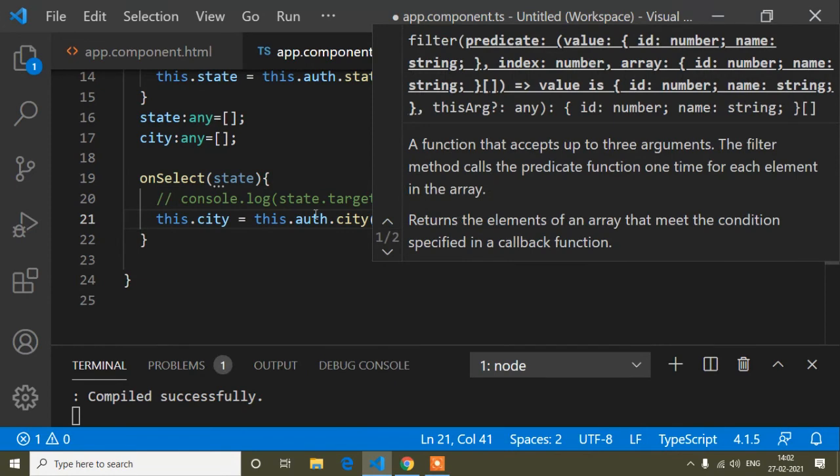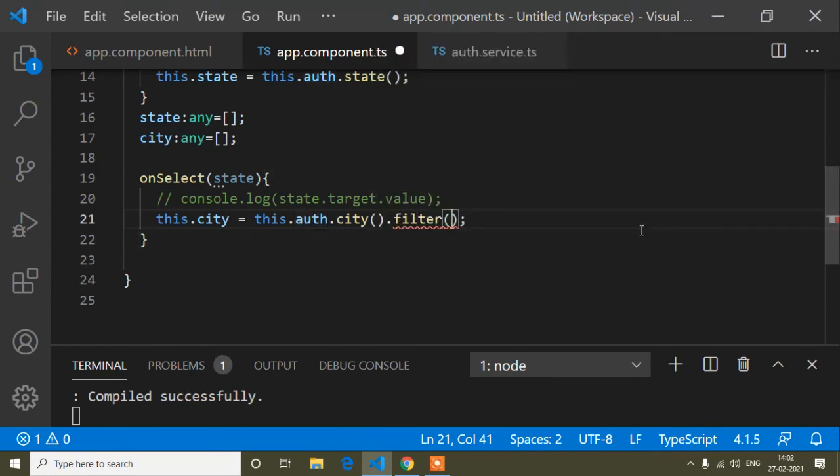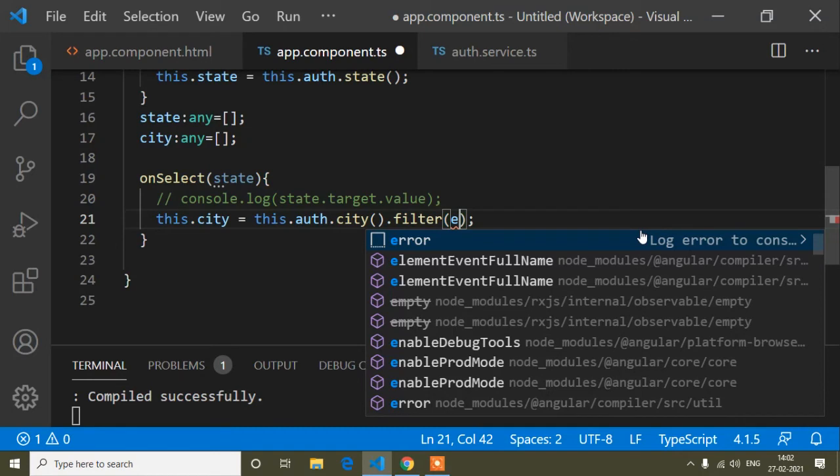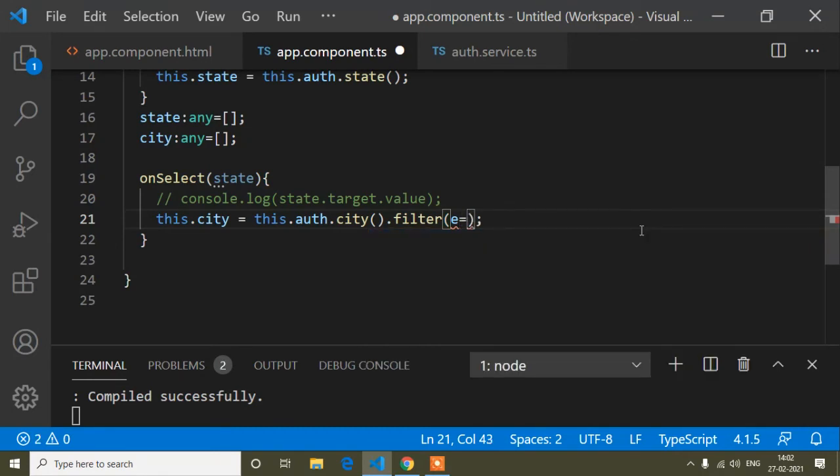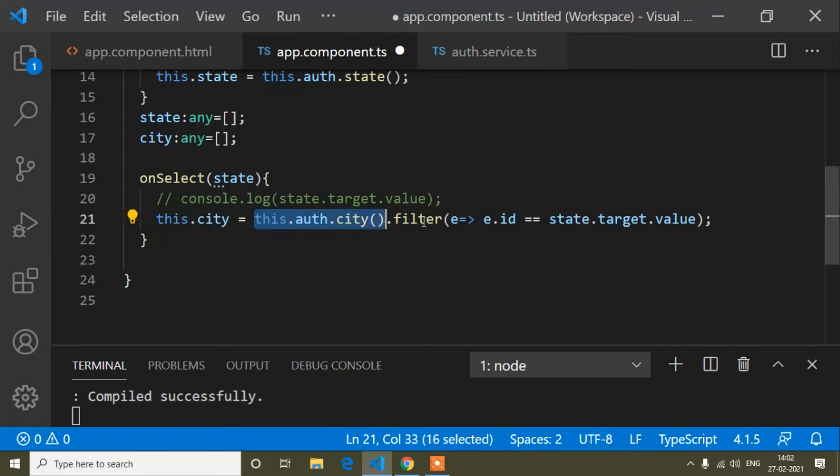The syntax of filter is: filter, and here I will write any variable, that is e, and an arrow function. Now e.id, if e.id double equals our state.target.value. That means e.id, I'm getting all the cities, and from the cities I'm filtering.